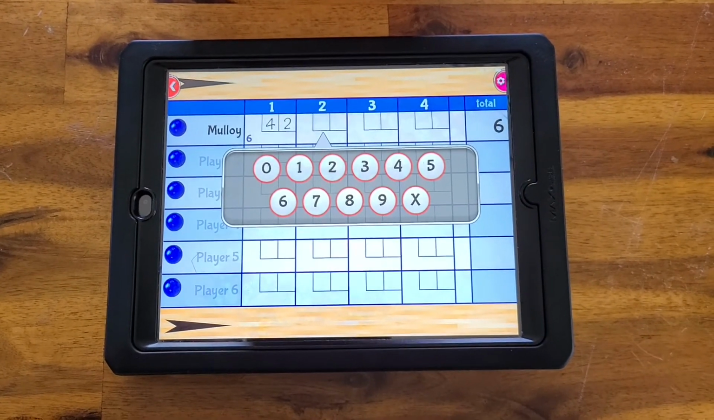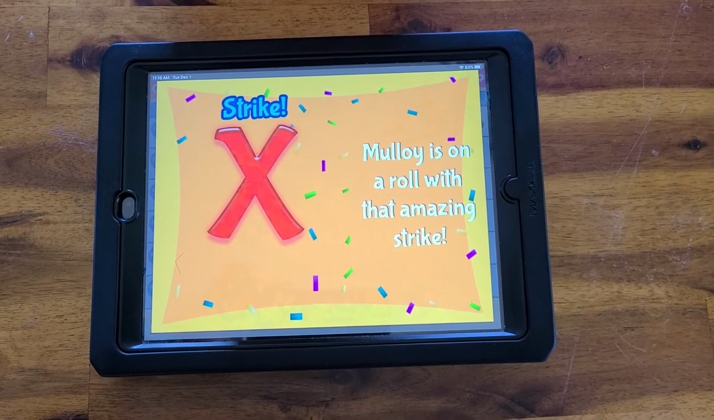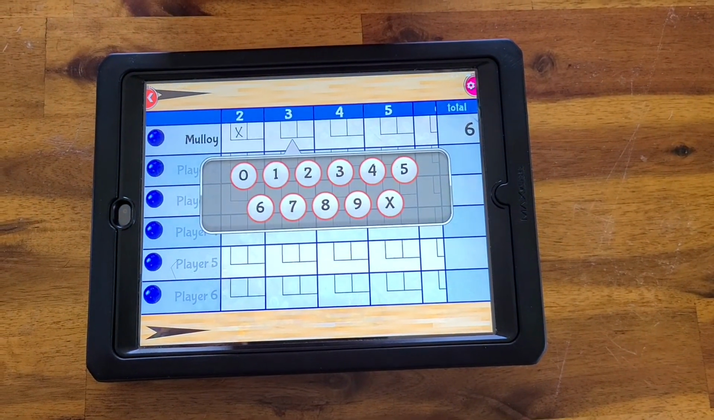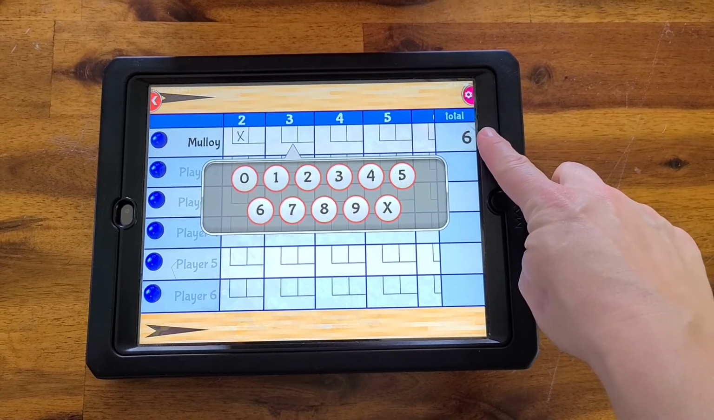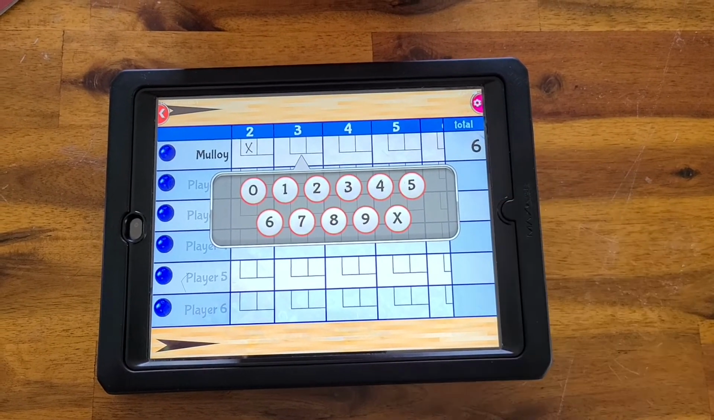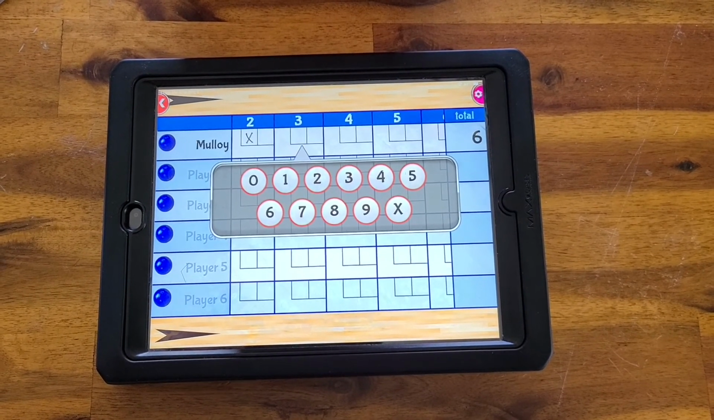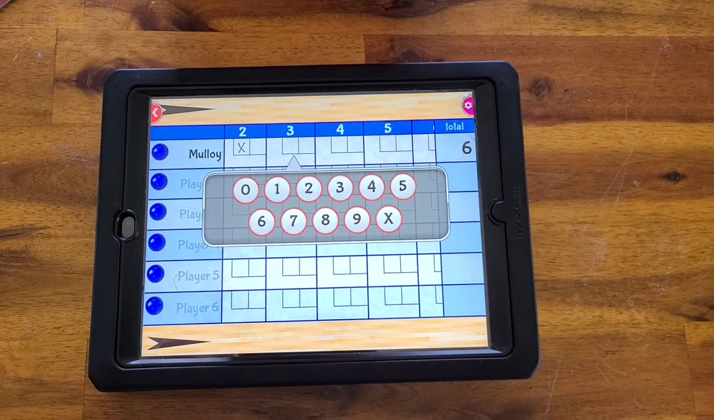Let's say on my second roll, I get a strike. I get this fun little pop-up that says, I'm on a roll, I got an amazing strike. I would just touch the screen to have it leave. You'll notice that my total score is still 6. That's because when I get a strike, I get 10 points, and then I have to wait for my next 2 rolls. So it's going to wait until I have 2 more rolls after that strike to add up my